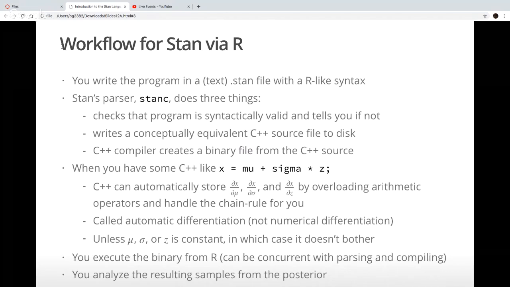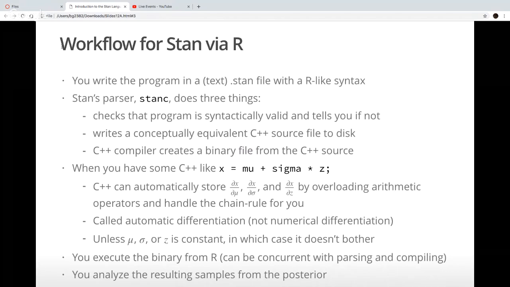And then Stan comes with a function that you haven't explicitly seen, but it's called stanc, and that does 3 things. It checks that your program is correct, or at least has the right syntax, and I'm sure you've seen the red messages that come up when you don't have the right syntax, sort of pointing you to the right line. And then once you get the syntax error sorted out, it writes a conceptually equivalent C++ file to your disk, and then it compiles that C++ file, which is what takes 30 seconds or so and often generates a whole bunch of not easily interpretable compiler warnings that you can ignore.